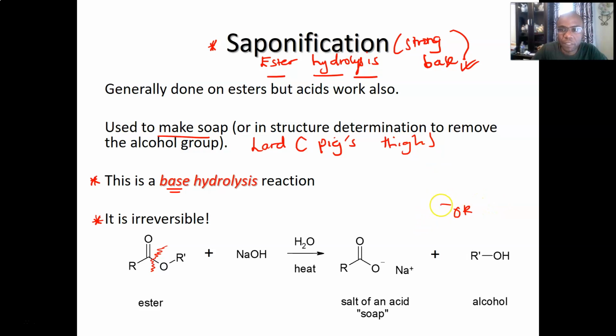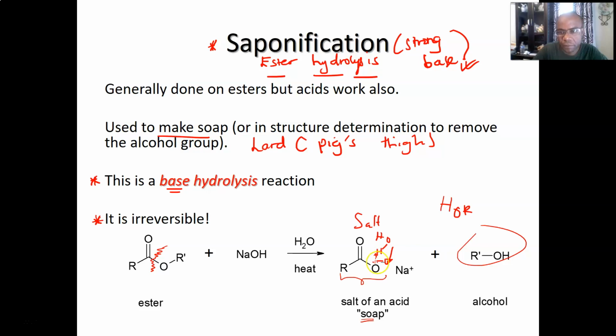And then it's going to pick up a proton from water, you get back your alcohol. The acid part would become a carboxylate, which is called soap. Okay, so let's look keenly at the mechanism. Before that, we know that this is ionic, right? So that's why soap is highly soluble in water, because one can expect to form ion